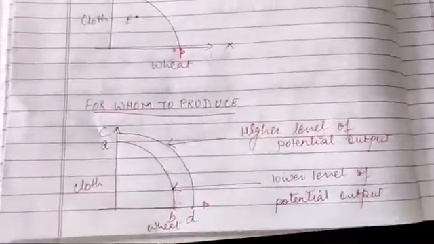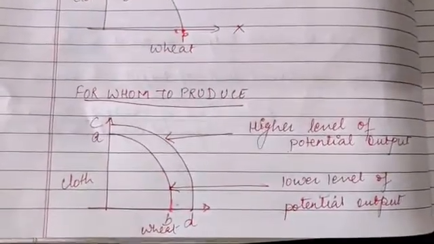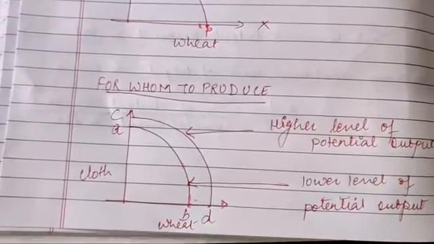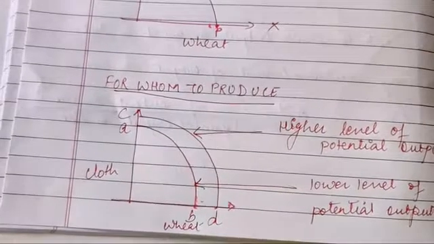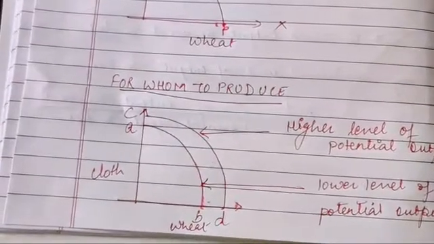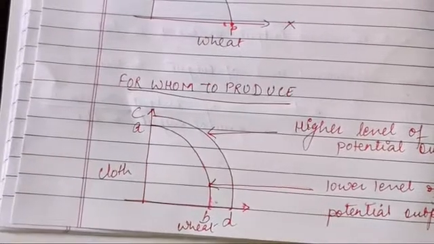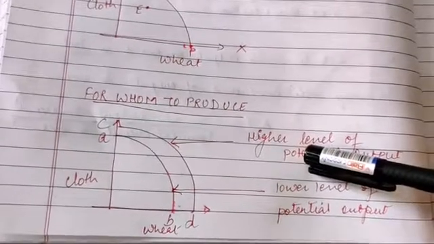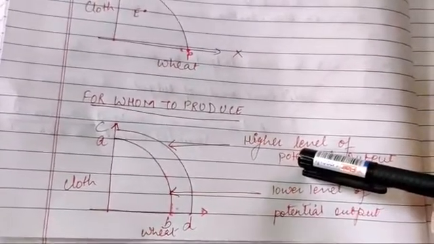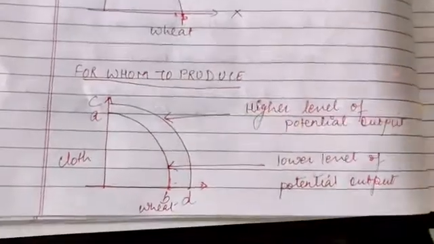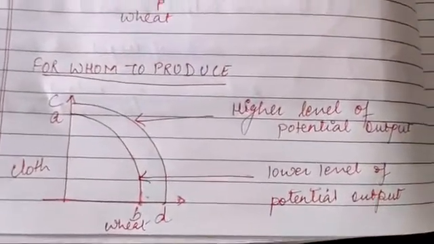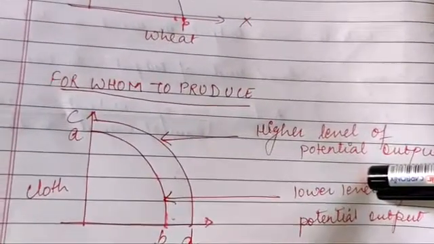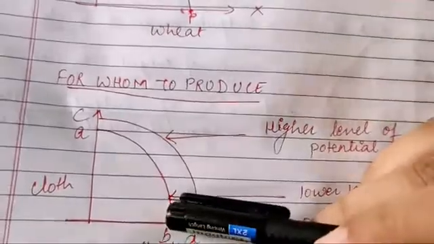When I go to for whom to produce, as we have seen in the earlier chapter, the problem relates to the distribution of income, or I can say skewed distribution, that means unequal distribution in favor of richer sections of society, where the PPC would shift to the right but poorer sections of the society would suffer deprivation. Now this indicates a high level of potential output when saving and investment are high because distribution of income is in favor of the rich. A lower level of potential output is when saving and investment are low because distribution of income is in favor of the poor.